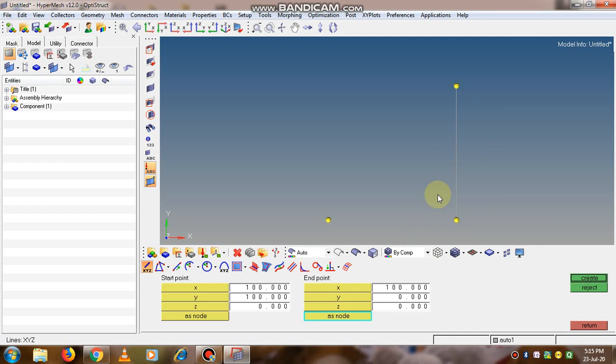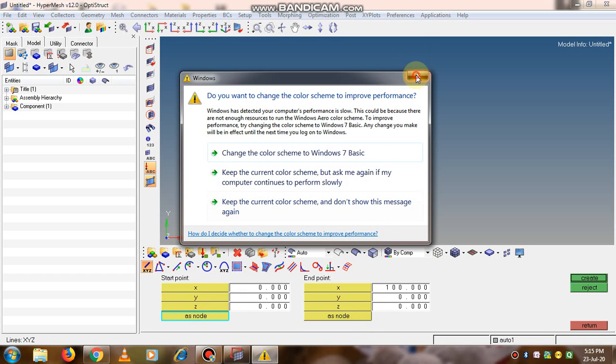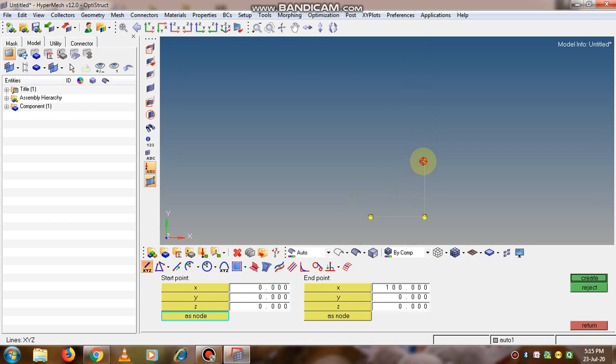Same way, first node, second node, so thus we have created a line.